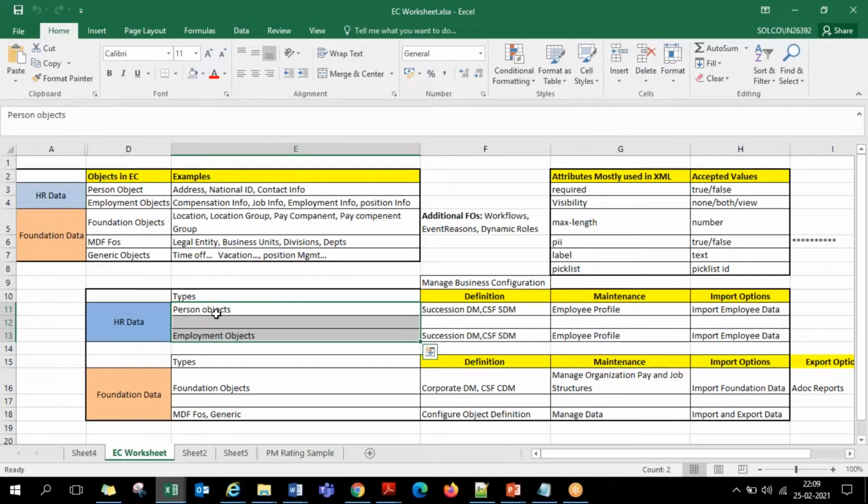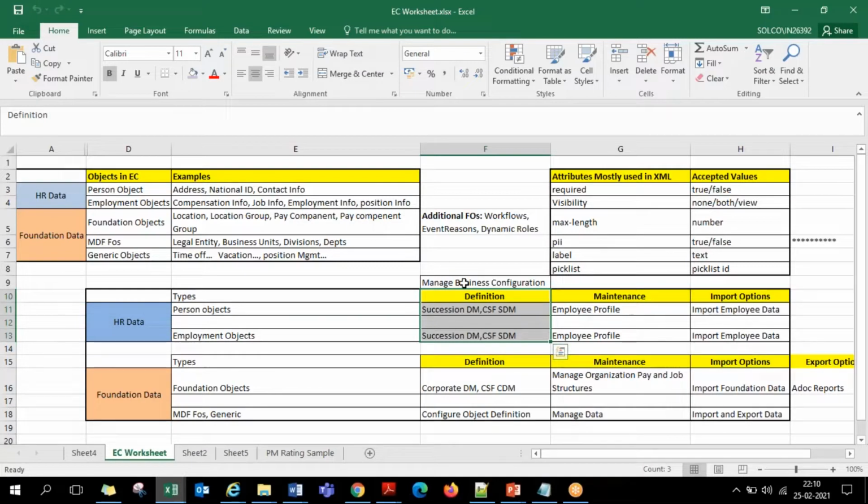So a few portlets are employee data storing portlets, and a few portlets are personal data storing portlets. At the end of the day, all the employee data maintenance is happening on the employee profile in the form of different portlets. For all those portlets, where are the screen definitions coming from? The succession data model, and of course the country-specific succession data model also, which we'll see in tomorrow's session. The succession data model takes care of both employee personal data portlets and employment data portlets. All definitions are coming from here.